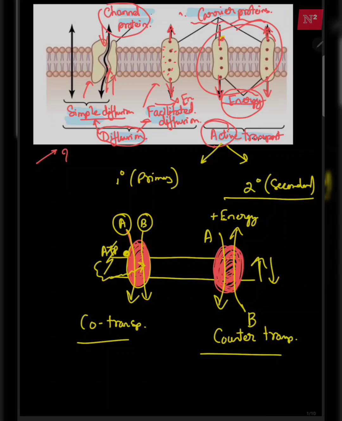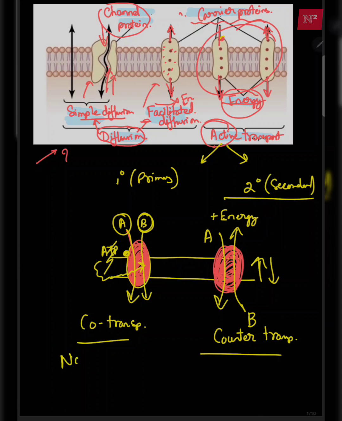So one substance is transported with the help of energy, and this energy is then used for transporting the second substance. Or you can say, if one substance is being transported because of the concentration gradient or chemical gradient, the second substance will use the energy. So one substance will use the energy, the other substance won't use the energy. The perfect example for the secondary active transport